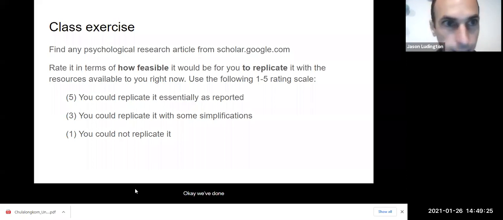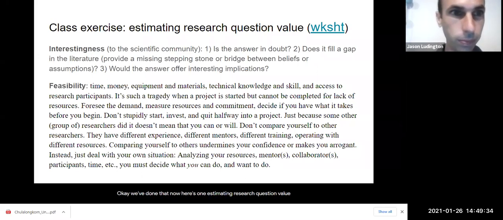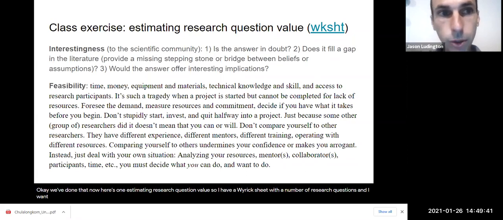Okay, we've done that. Now here's one. Estimating research question value. So I have a worksheet with a number of research questions, and I want you to measure each research question